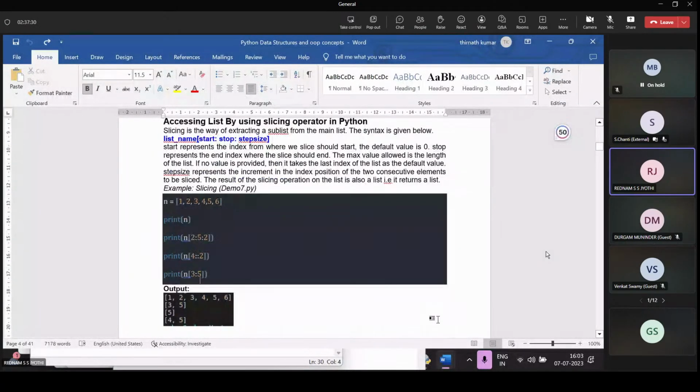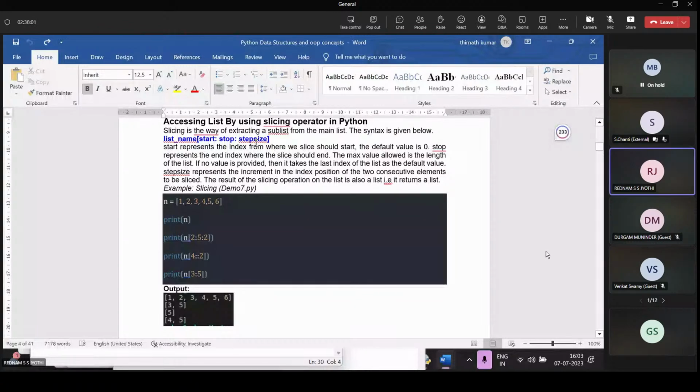Okay, accessing a list by using the slicing operator in Python. We already learned the slice operator in strings, that is, a substring. Here you want to get a sublist of the main list. So list name, start, stop, and step size. Start means the starting element, stop is the ending element, and step size is the gap between elements.